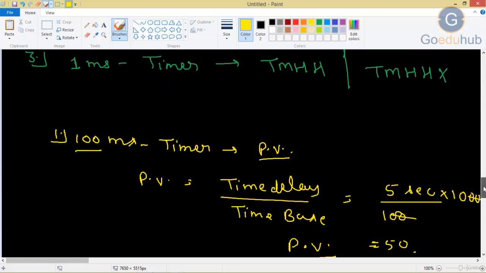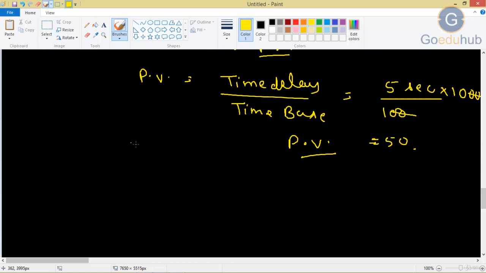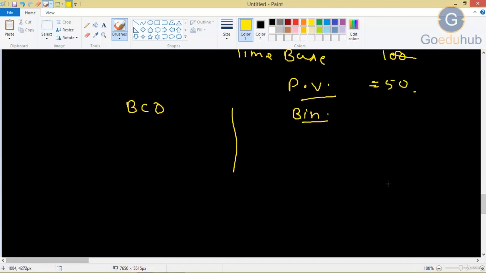Now for the 100 millisecond timer, we have two timers. First one is the BCD timer, second one is the binary timer. In the BCD timer, the instruction is TIM, and the binary timer instruction is TIMX.